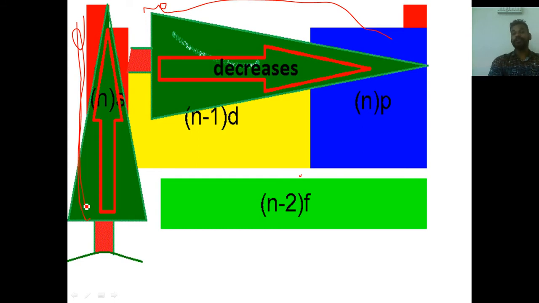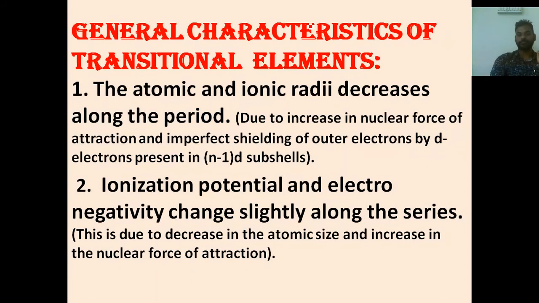Then in the periodic table, size of the elements from top to bottom, that means down the group, hope you know, this is group, and it is series or periods, okay? Along the period, down the group. So the size of the atom or element increases down the group, along the period decreases. So this is the first point, okay?